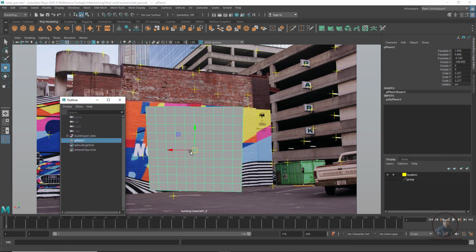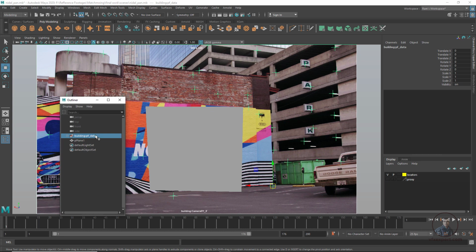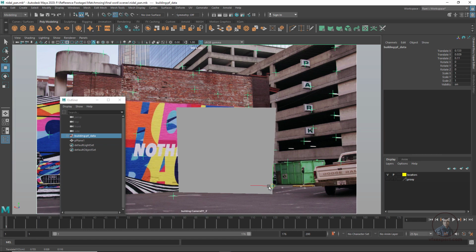First snap this plane's anchor point or pivot point to this corner, then press D and V like this. After this, we have to select our scene. This is our scene group, and we have to snap the entire scene onto this plane, this corner. So then press V because we have to snap, and snap the entire scene here like this.